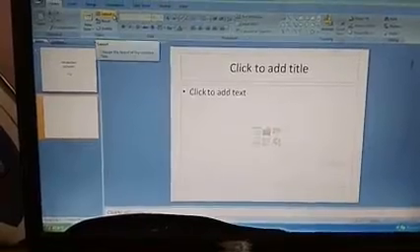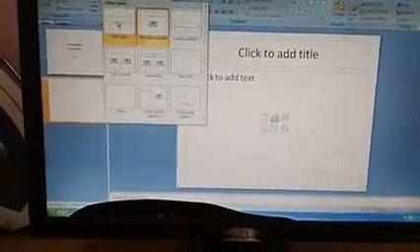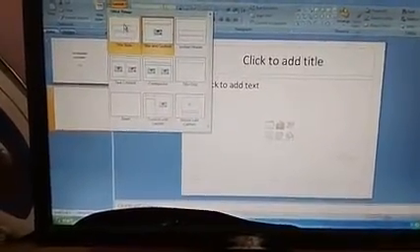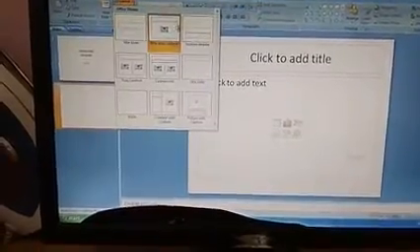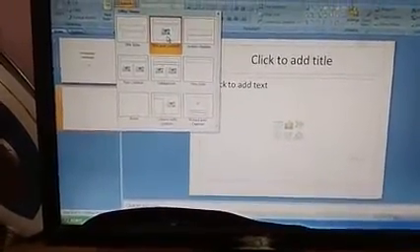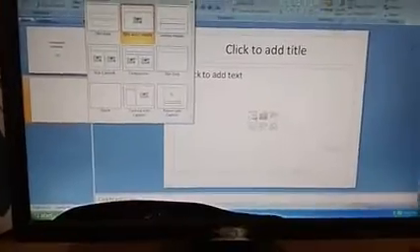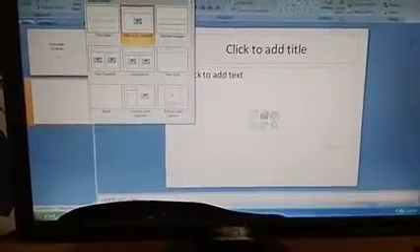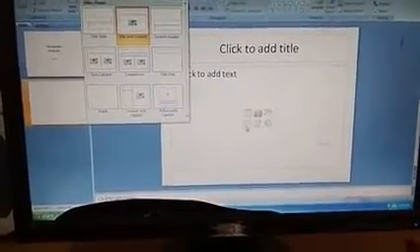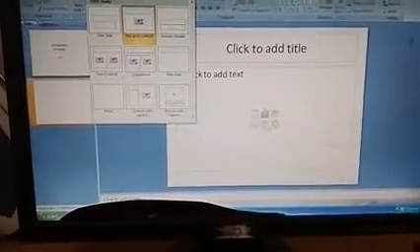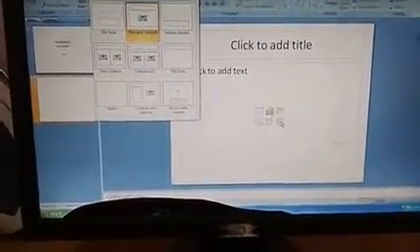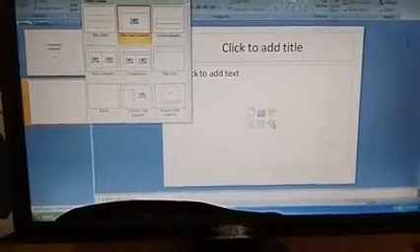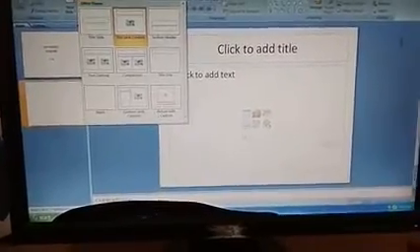Suppose you want a different type of slide. This is the slide which contains a title and content, which includes table, chart, smart art, picture, clip art and media. Media includes video and audio that can be inserted in this slide.